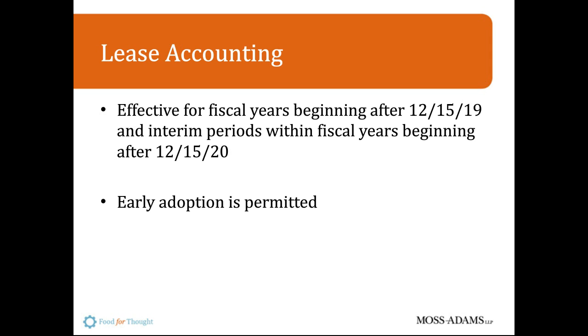The question may be, well, what do we do right now to get prepared for this? The key is really just to understand and evaluate the effects of this transition. If your accounting department's big enough, it may make sense to form some kind of lease implementation group or committee, where you go out and look at what are the existing leases, how many operating leases do we have out there, and really evaluate the impact on the financial statements, and start talking to your lenders about what this is going to do to our covenants. Do we need to revisit some of our covenants so that we're not all of a sudden out of compliance because we've got a new standard that comes across?